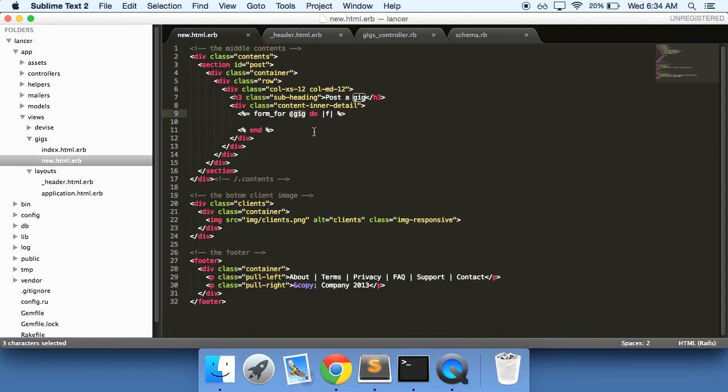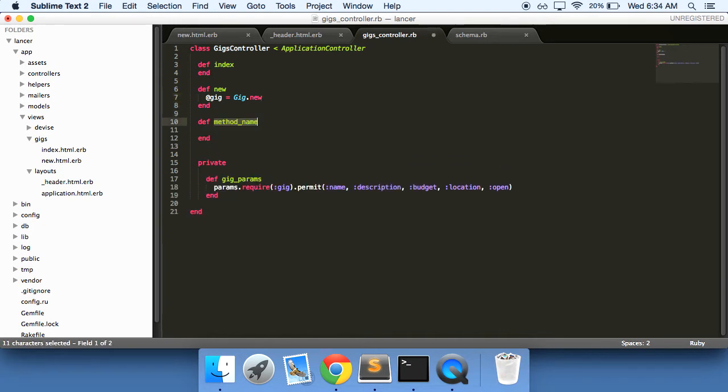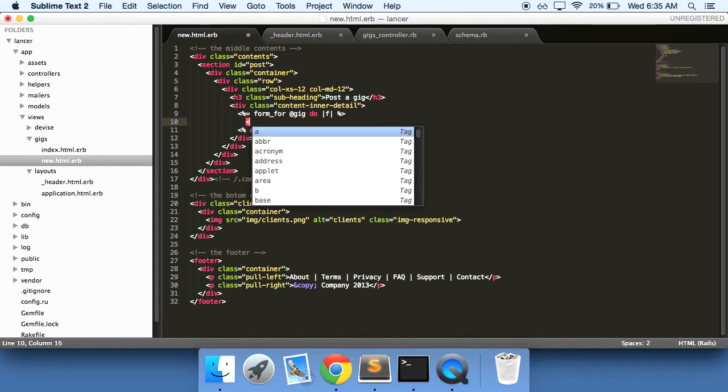So we've said form for this add gig right here. So gig.new gig params. And actually, no, we don't need the gig params here. We'll want that in our create action. So we have the create action here, at gig equals gig.new gig params. That's how we want it to be. All right. So now we can say,